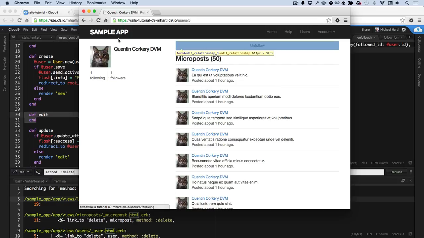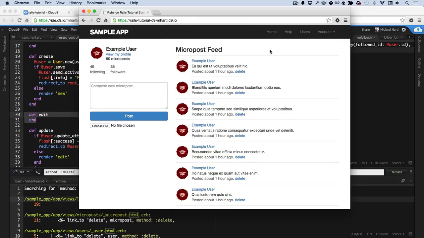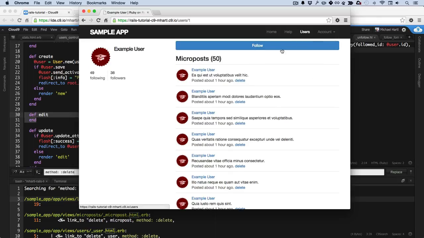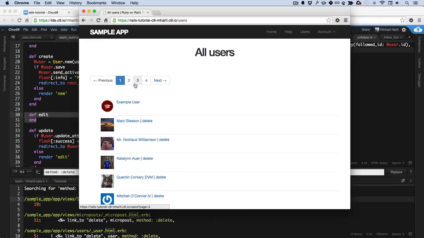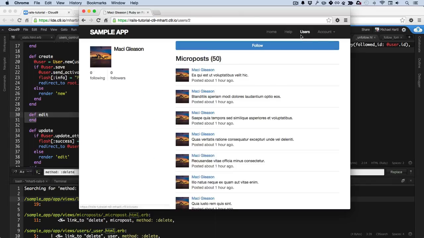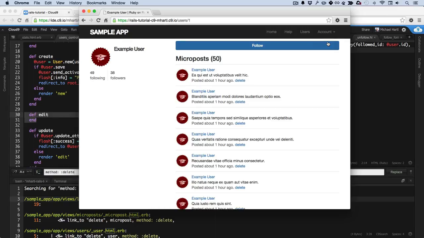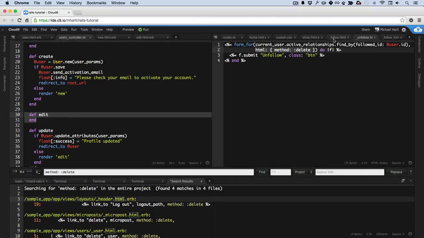We've got these stats here on the home page, the profile page. On the users page, there's just one more thing. You might have noticed it actually just now. On the user's own profile page, there's no reason to have this follow button, so we should add something in there. In the follow form, we can say